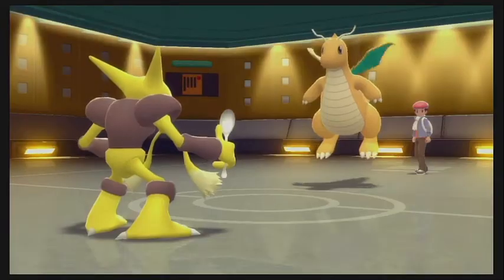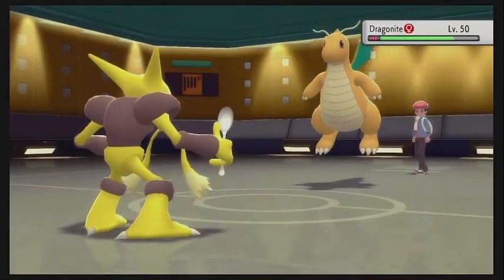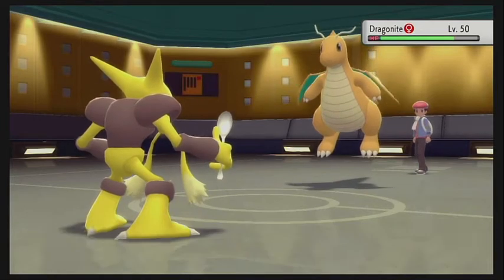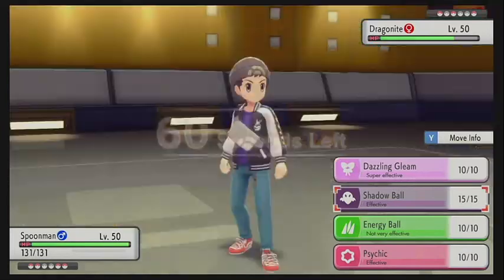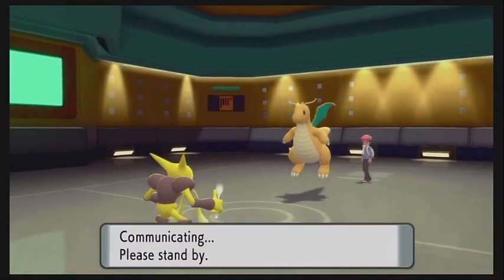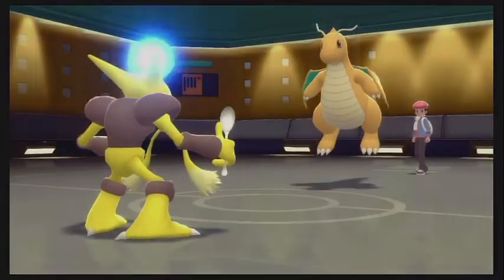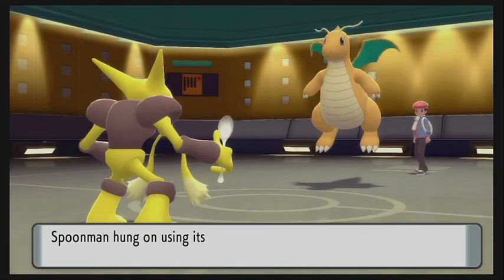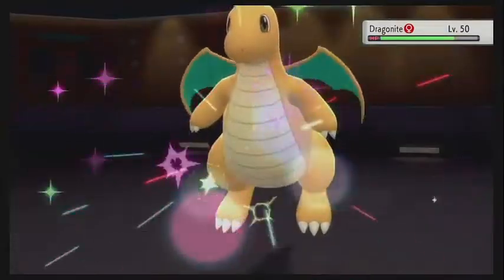So yeah, and then he is going to regain some HP with the leftovers. Depending on the set, we could still potentially outspeed this thing. But yeah, I think the best thing we can do here is just go for a Dazzling Gleam and see what happens. That's what we're going to do. He is going to just Extreme Speed us, which is going to knock us all the way down to the Focus Sash, but we do survive because of it, as we're going to go for a Dazzling Gleam on this thing,